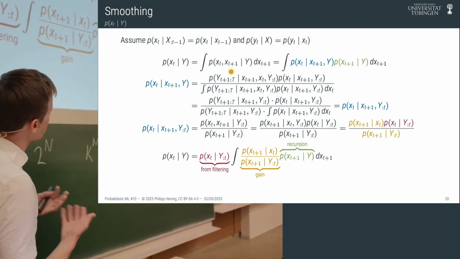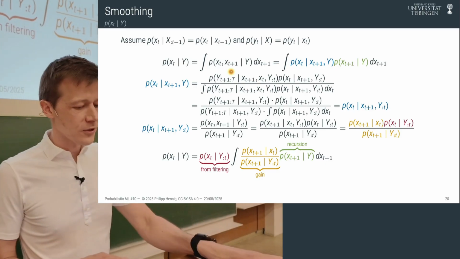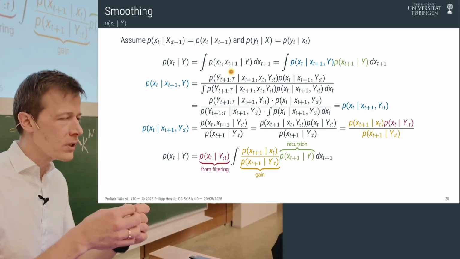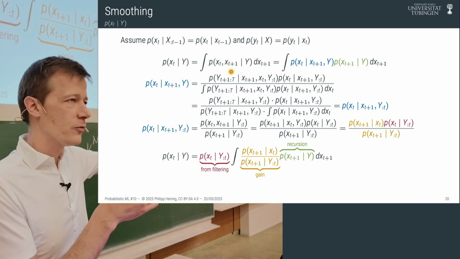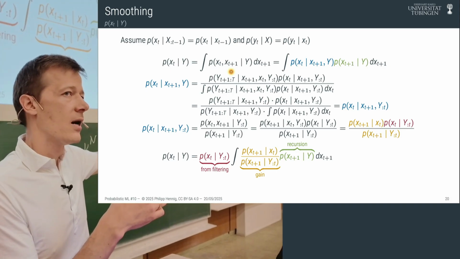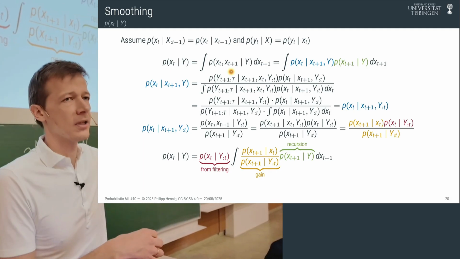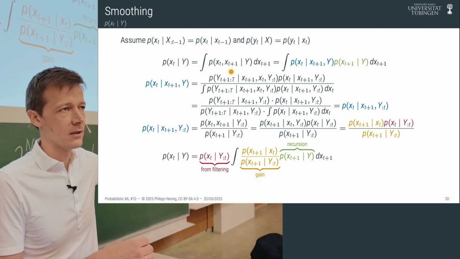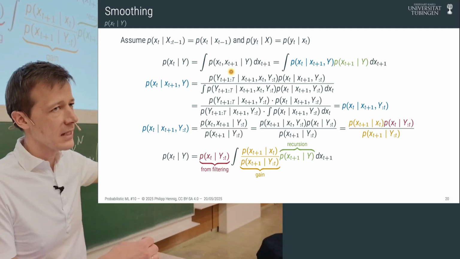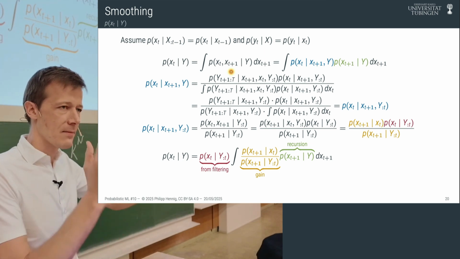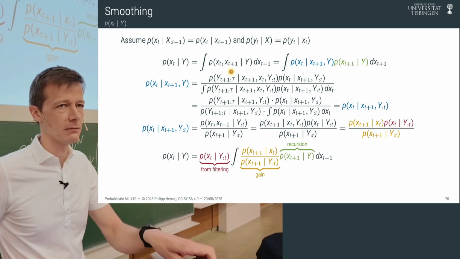So to do that, we do the following thing. First of all, we're going to convince ourselves that we're going to need some kind of recursive structure again. And the trick is going to be that we only need to consider what we know now about the next state thanks to all the future data. And that stuff that we know about the next state will be enough because of the Markov property. And that's going to give us some other type of recursion that we can then do the other way around.